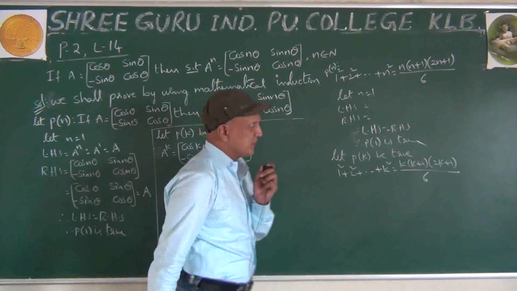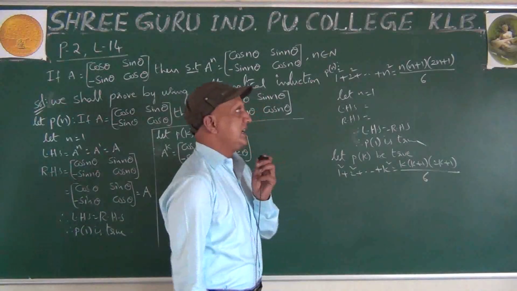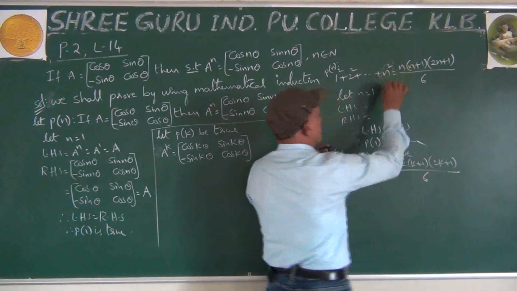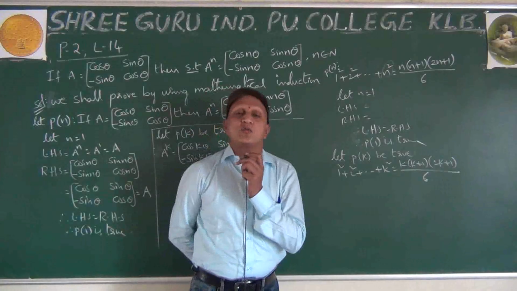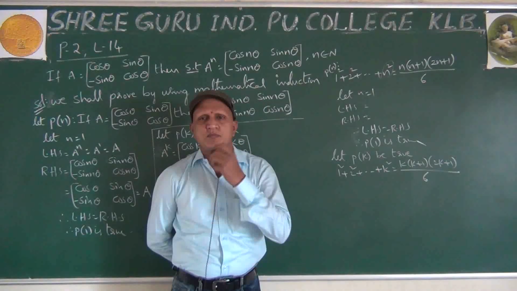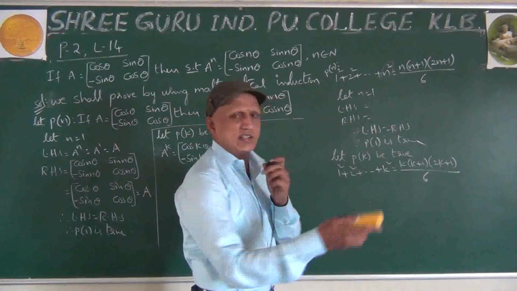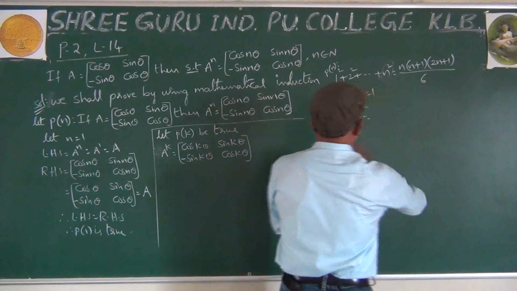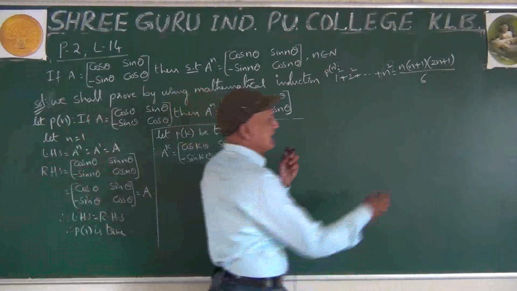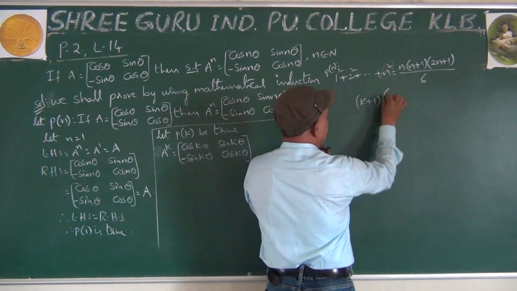Actually, what we used to do here, adding term: let n equal to k plus 1, in place of n put k plus 1, we add k plus 1 whole square on both sides. Then taking common LCM, simplification. Why do we add the adding term? What is the final step? How should we know that we got the answer? Our final step should be like this. Wherever n is there, in that place k plus 1 should be there.